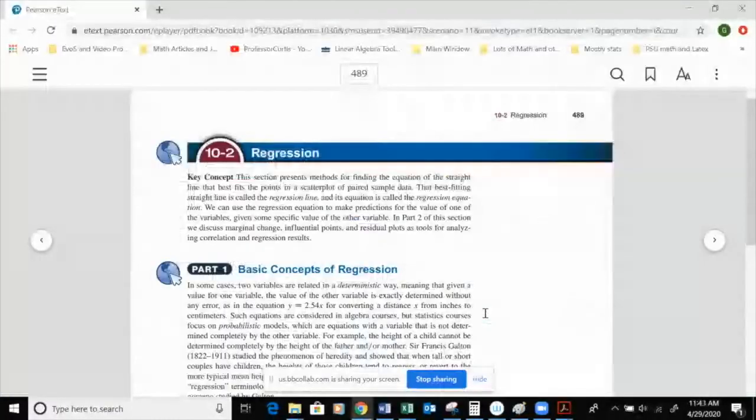Okay, we're in 10.2, so I will share my screen and we'll look at the textbook. Oh, and this is kind of review, right? Because we did see it in 2.4. So some of this will look very familiar to you, and we will, I hope, go a little bit deeper. If all we do is what we had in 2.4, then it will be boring for you. You'll be disappointed. But here we are, 10.2,